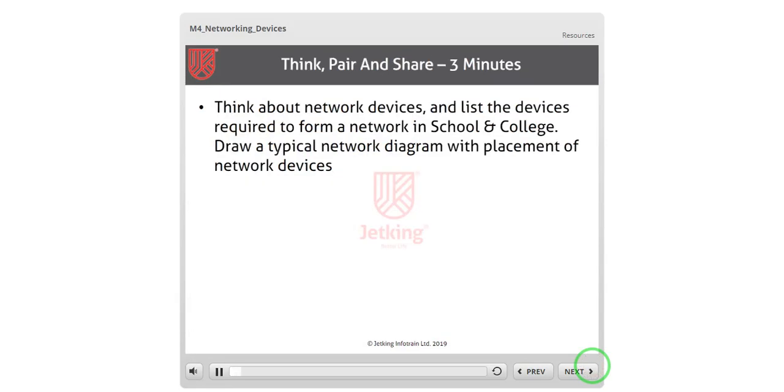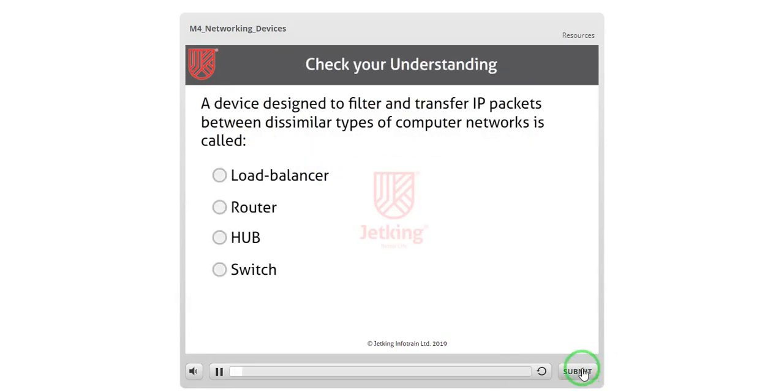Let's do a think-pair-share activity. Check your understanding. Select